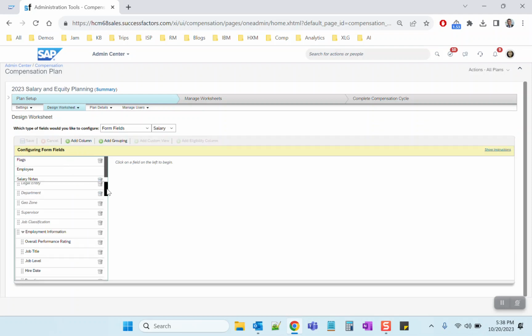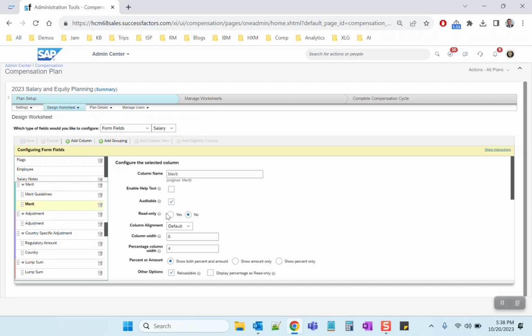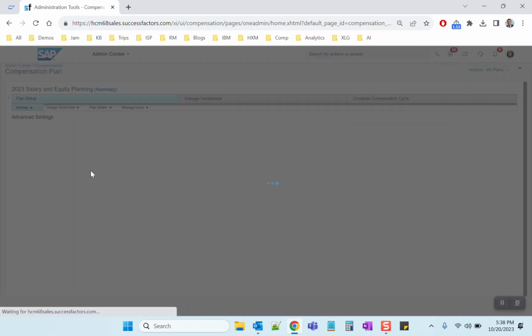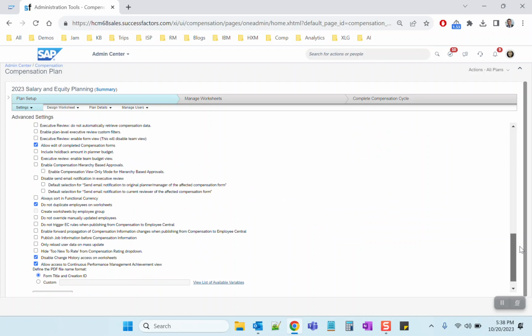So we have up to 10. So in this example, for my example, I only checked merit as auditable, but if I wanted, I could delete the worksheets that are there now and then come back here, click auditable, save for adjustment, lump sum. We would recommend making basically all the ones that are editable on screen to planners as auditable. Then save, and then we have a setting we can use now, which is a new setting which lets us determine whether